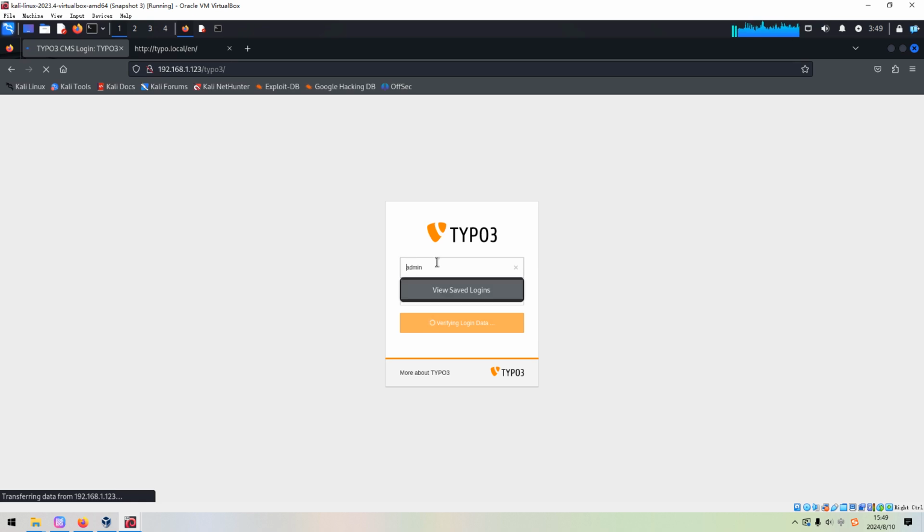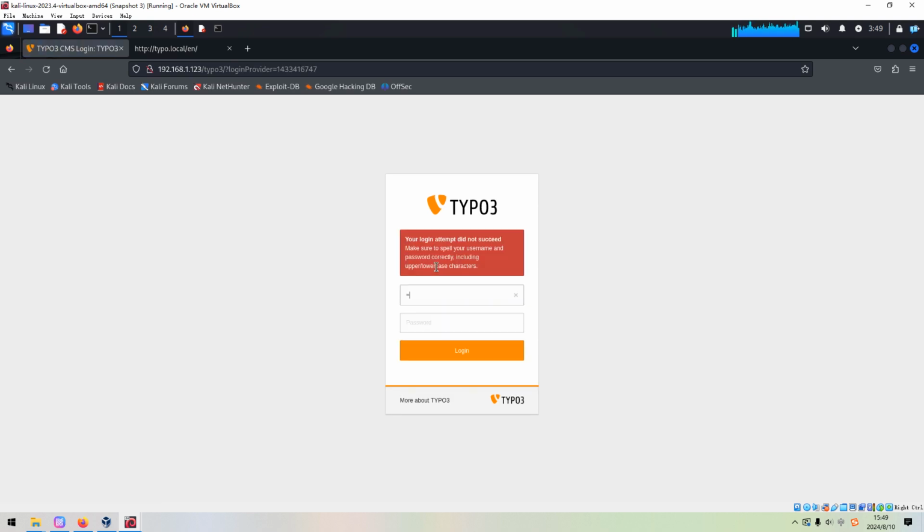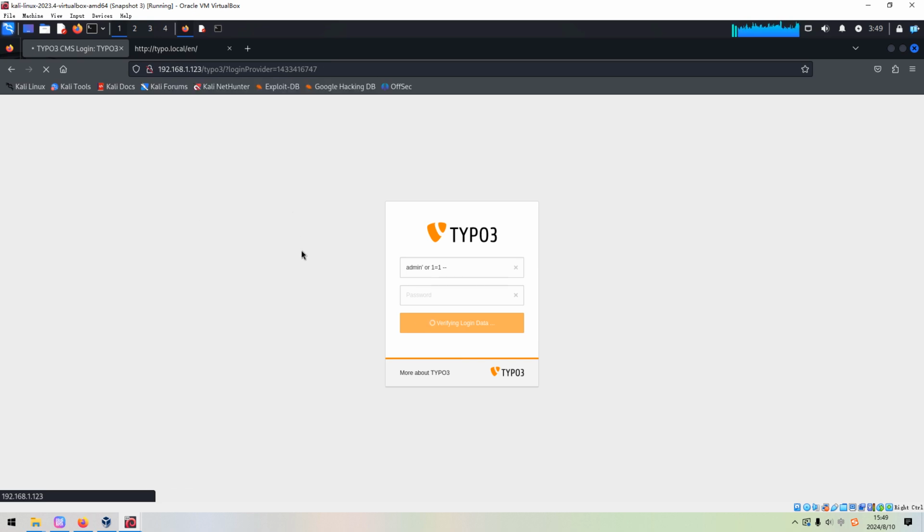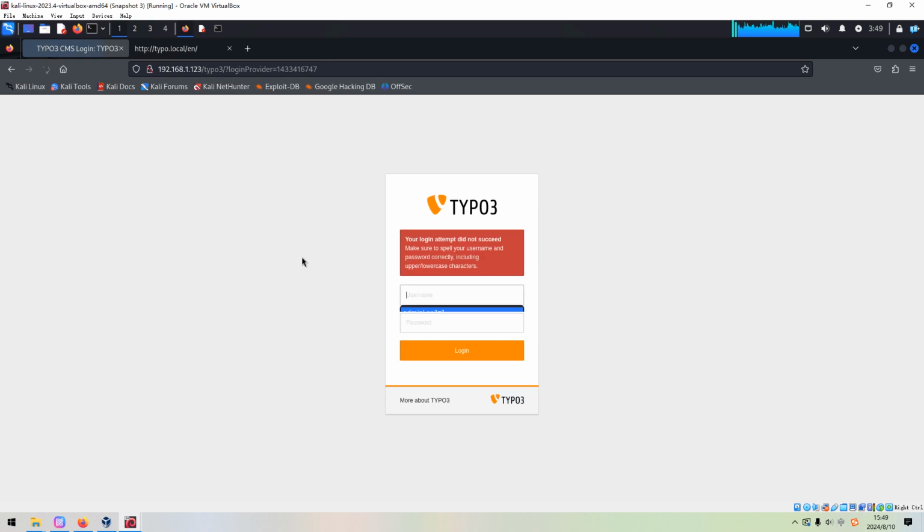And also we can try to use the login bypass technique. Sorry, admin and password. Login. It doesn't work either. So how to do? Okay, let's put it aside for a while.